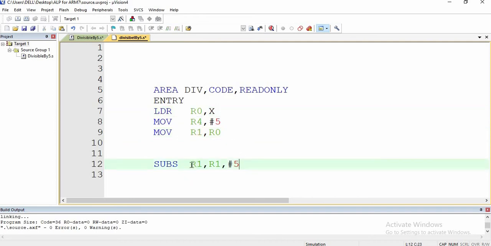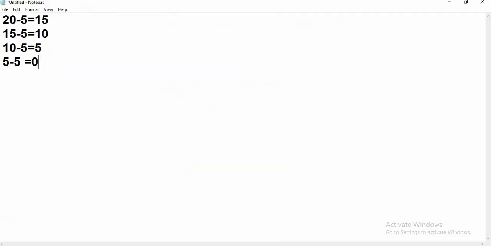So I have subtracted, and if it is any number which is not divisible by 5, like it may be 21 or anything, the answer will be in negative. This indicates that the given number is not divisible by 5.